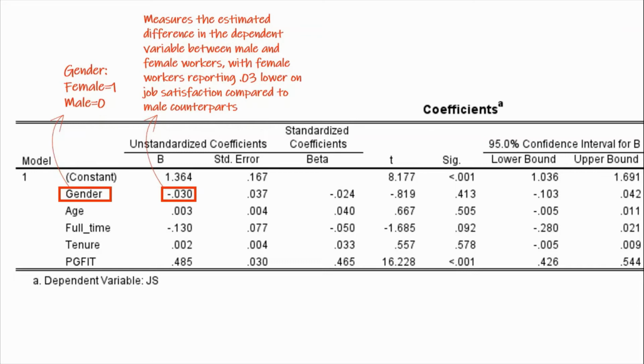But looking at the p-value, which is 0.413, it's clearly bigger than our cutoff value of 0.05. So this estimated difference in job satisfaction between male and female workers is not statistically significant. So there is really no difference in job satisfaction between the two groups. So in other words, you have a 41.3% risk of making a mistake by calling the coefficient significantly different from 0, which is too high of a risk for us to be willing to take. So the evidence here is not sufficient for us to reject